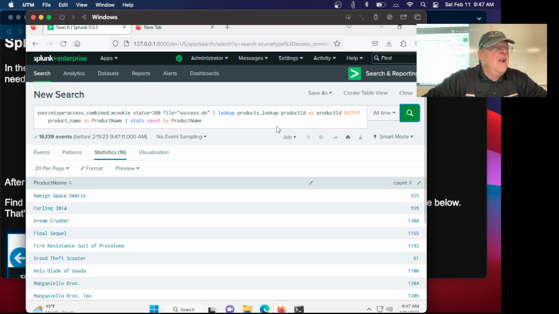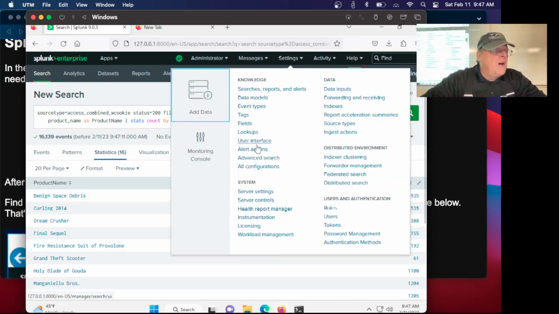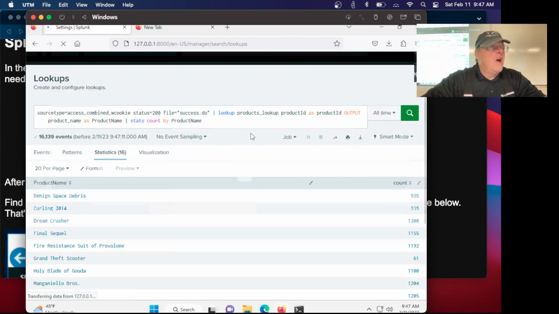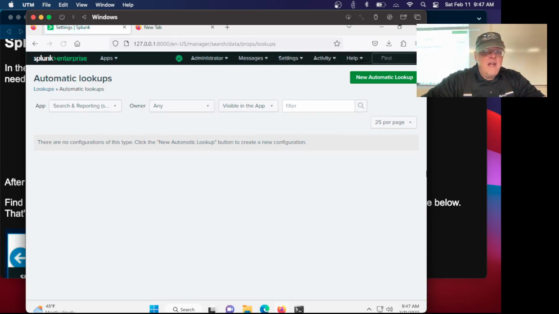That's a manual lookup where you put right in your query exactly what table to look in and how to look it up. You can also make it automatic, which is what we're going to do now. So that field will just always be available. So that is settings, lookups, automatic lookups, which are down here. All right, and now we just have to fill in this form. So for new automatic lookup,